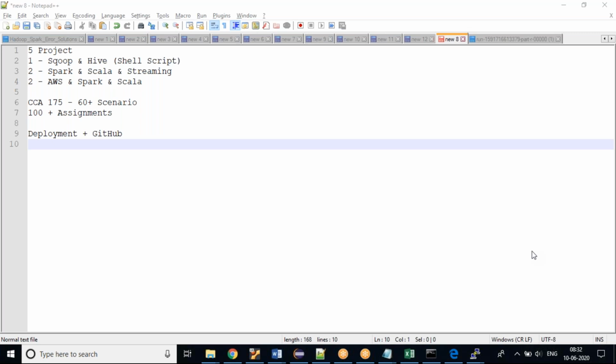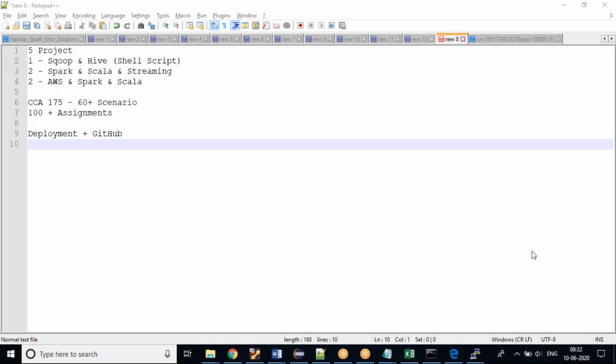Yes, there will be obstructions. There will be some blockage. Yes, there will always be. But we need to overcome that. That's what we do in real time. So there will be some dependency issues. My code is working here in REPL mode, but my code is not working in Eclipse. My code is working in Eclipse, but when I'm deploying the code, it is not working. So that's what, as a developer, you need to be ready for.